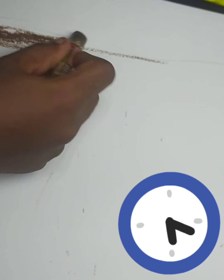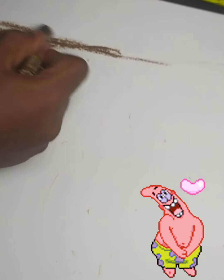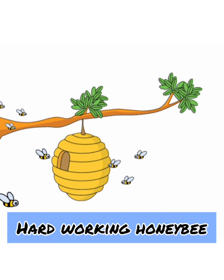Friends, take brown oil paste and draw the tree. Friends, today I am going to say few lines about hard working honeybee. Now honeybee is saying,